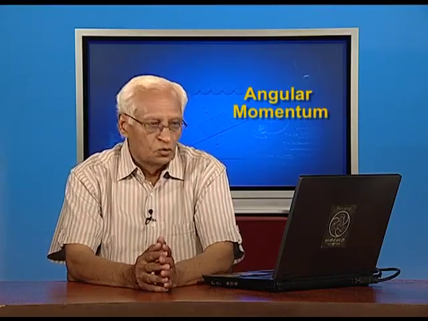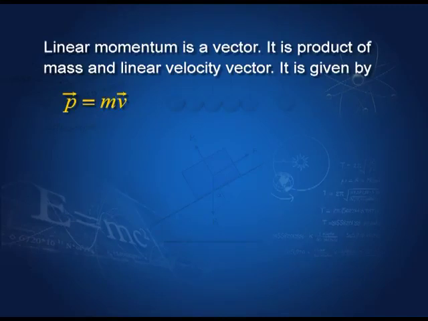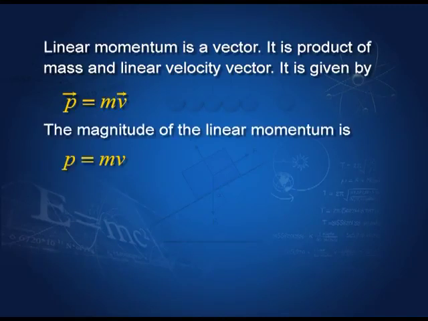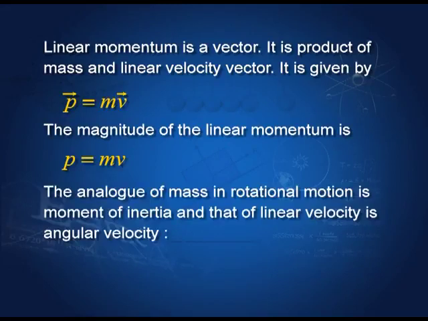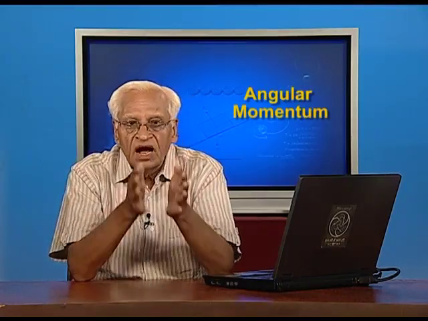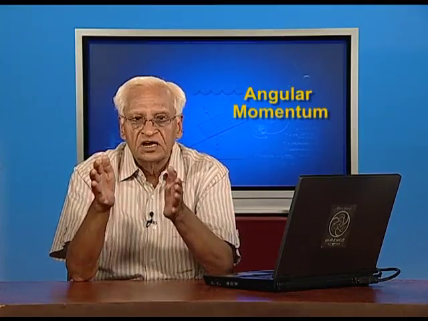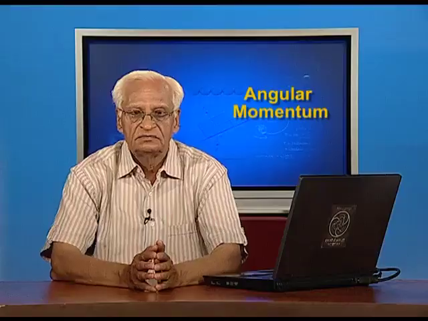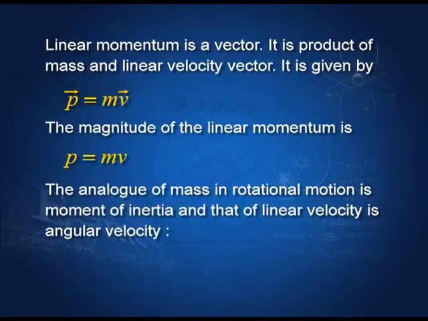Linear momentum is a vector, we all know. It is a product of mass and linear velocity vector. The magnitude of the linear momentum is simply m v. The analog of mass in rotational motion is moment of inertia. Mass is replaced by moment of inertia when we consider a rotating body, and the velocity is replaced by the angular velocity. So, what we have is p equal to m v in linear motion, and it is replaced by L equal to I omega,